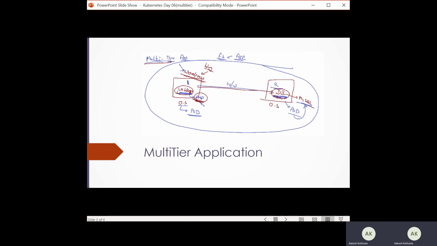In the web application, we will install WordPress, and whatever we are using on WordPress will access the MySQL database using the connection string between the web app and the DB. Once we are using these two applications for accessing our site, this application is known as a multi-tier application.